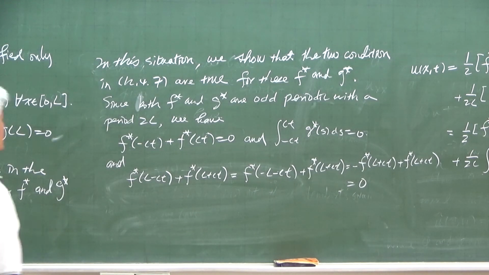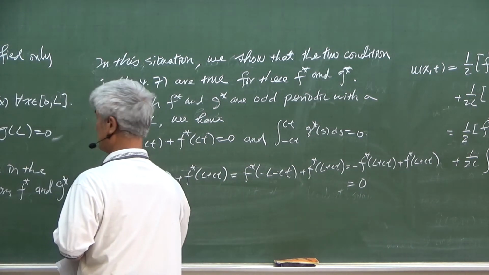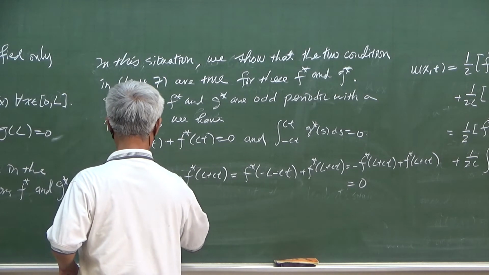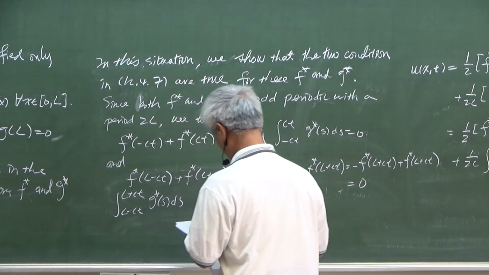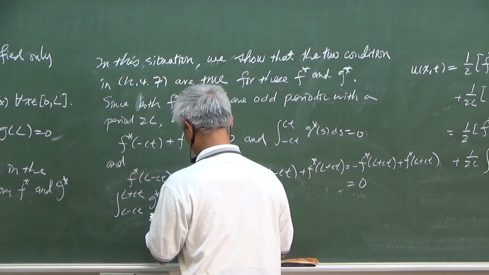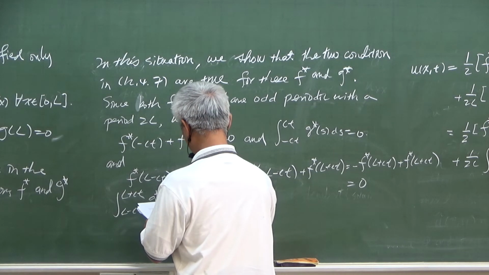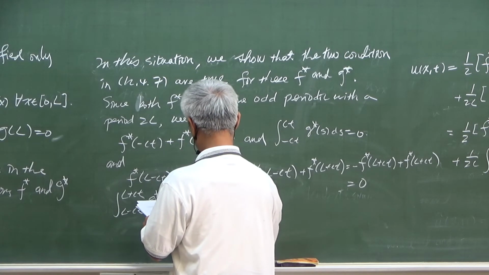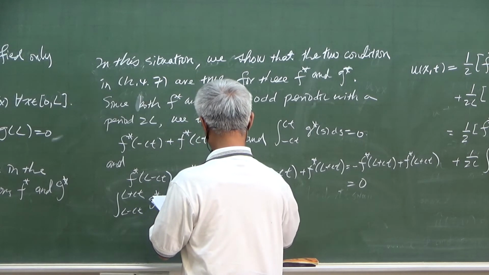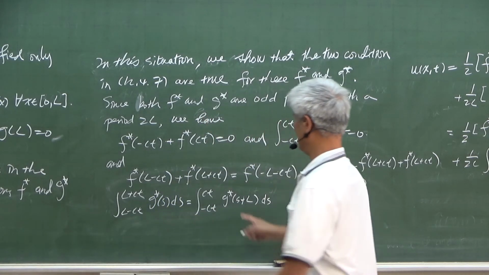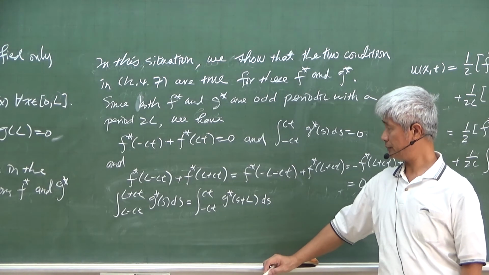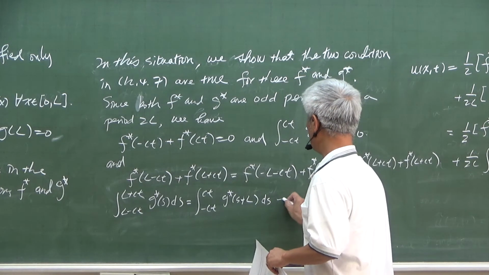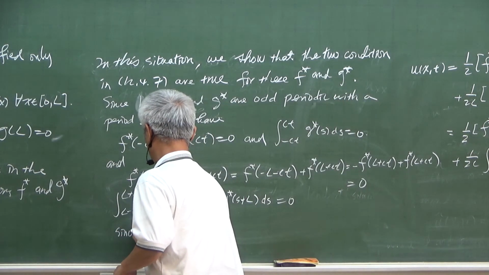This is 0. And similarly, the integral from L minus ct to L plus ct of g star of s ds. So we can do this, we have the integral from minus ct to ct of g star of s plus L ds, by change of variable. So this one is equal to this one. And this is 0 since